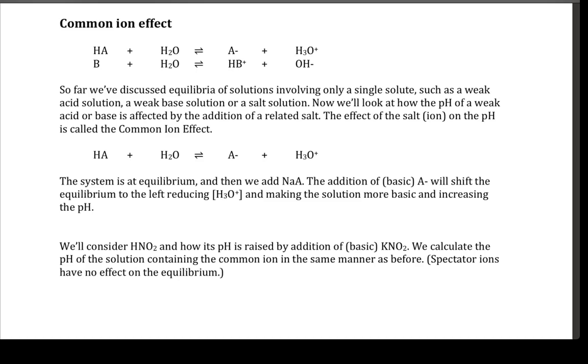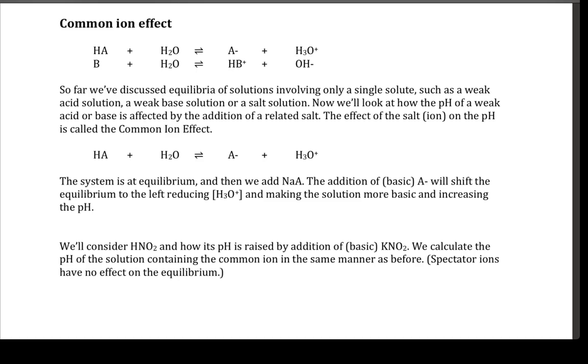It's the conjugate base of HA. The effect of the basic A- is that it will shift the equilibrium to the left. Think of Le Chatelier's principle. We add some A-, it moves the reaction back toward reactants, and it will make the solution more basic